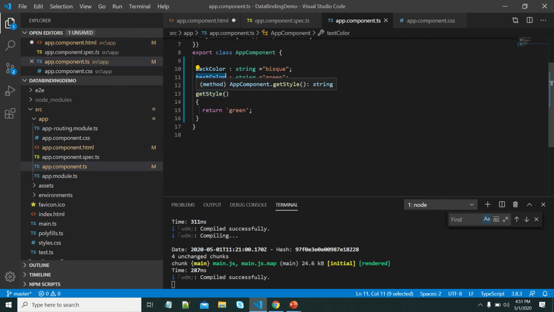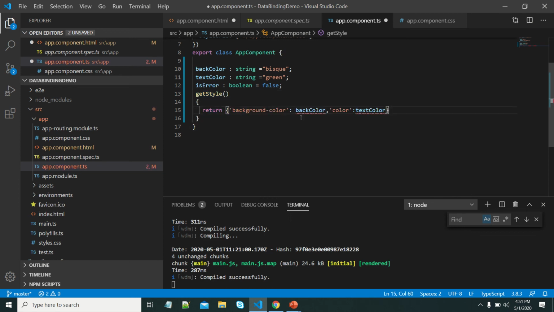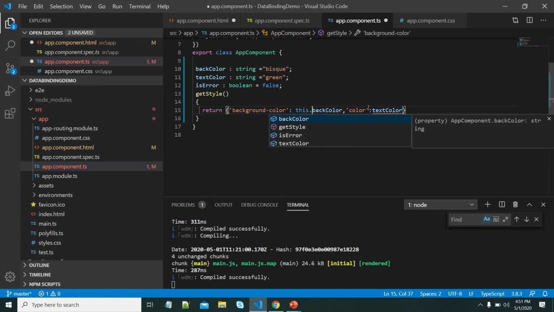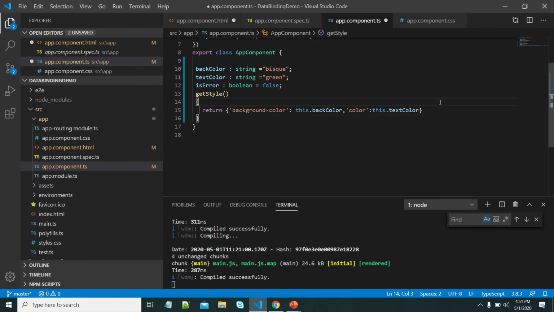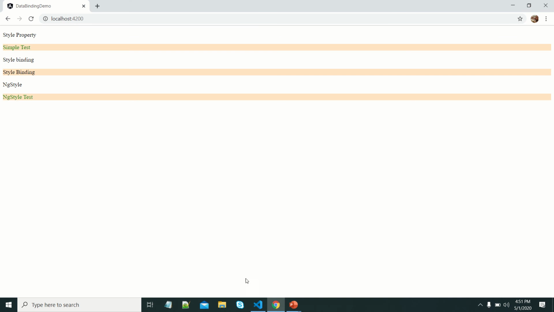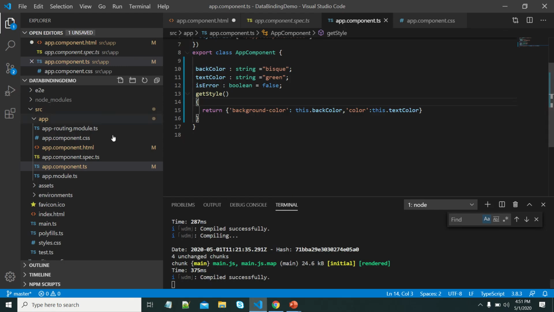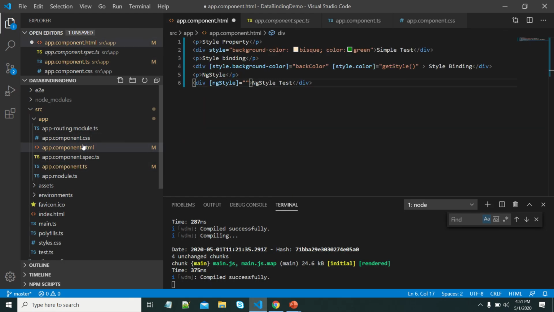Let us modify this. getStyles. Here this dot back color we can write. Let's see the output. Same applied. This is the way we can use ngStyle also.